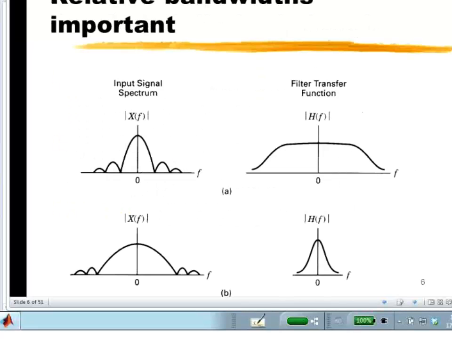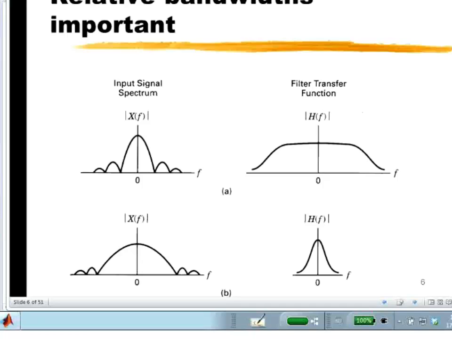But of course there are many reasons why we want to find a way to quantify bandwidth in a reasonable way. And the biggest reason is because it's really relative bandwidths that are important. We intuitively know that if we have a signal that's very wide in bandwidth, like in the B case here, where X of F is the spectrum of the input signal, and it's very, very wide, and we look on the right in the B case, and we have a channel that's fairly narrow, well, we know something's going to go terribly wrong when we try to put this input signal through that narrowband